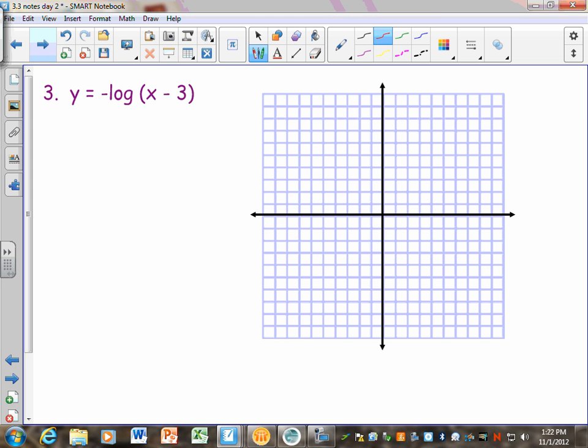Can you tell me what my domain and or my asymptote is going to be on this one? What is going to be the number that I can't ever plug in, or any number smaller than that? This can never equal 0. So just like with a fraction, you know how we find our domain? We set the denominator equal to 0 and we solve it from there. It's going to be the same thing for these. This is not allowed to equal 0. So if you're trying to find your domain, you're going to always set that is not allowed to equal 0. So when you solve it,